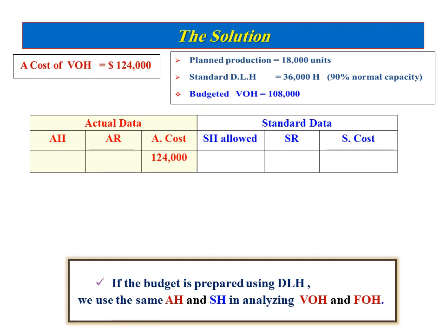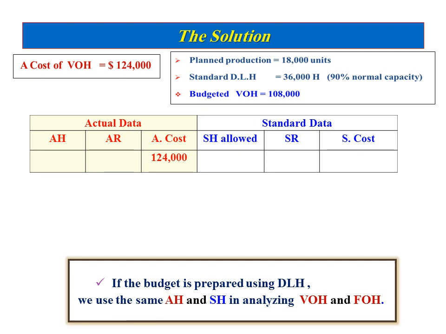If your budget is according to direct labor hours, use the same actual hours and standard hours which are calculated when you prepare the table of direct labor, when you calculate the variances of variable overhead and fixed overhead, okay? I mean manufacturing overhead. But